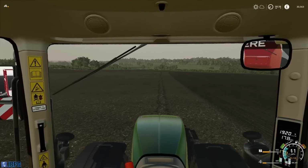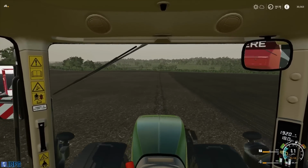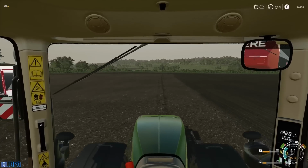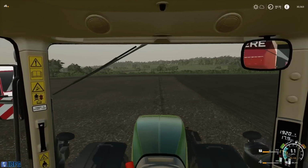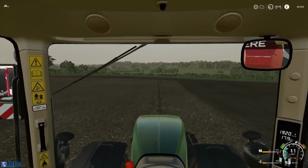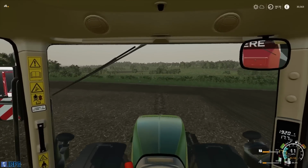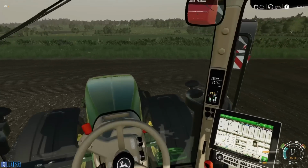So we've been planting for a little while now. I would say nearly 2 hours. Let's see, it was about 6:30ish when we started, coming on 7. So well, we've been up for about 2 hours. Maybe not planting for 2 hours, but